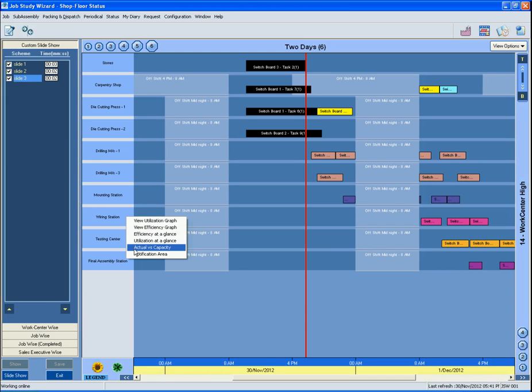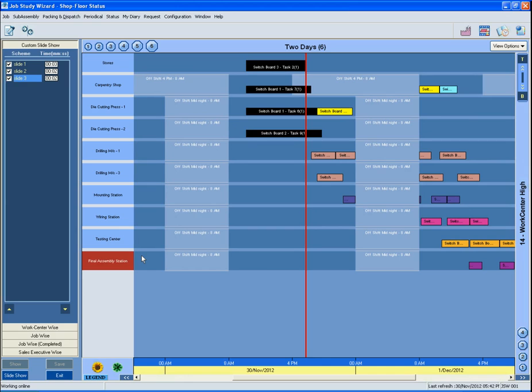The fifth option gives an actual versus capacity graph. Most graphs and reports are self-explanatory. The sixth opens work center consoles enabling one to notify tasks. The process of notifying tasks is separately covered in another video.